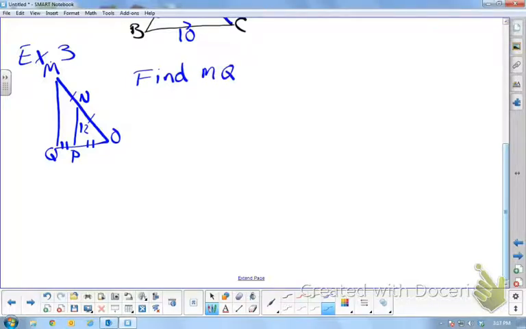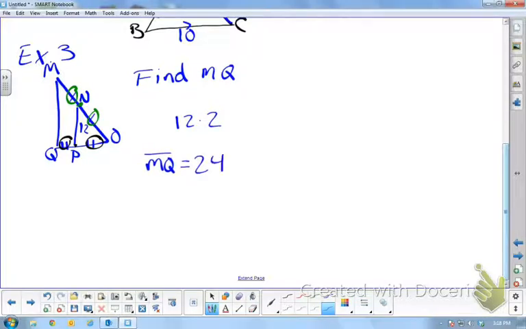Well, we know that NP is a mid-segment. Remember, that's the name for this line in the triangle. It's a mid-segment because they put these marks on either side showing those two sides are the same and these two sides are the same. So from M to N and N to O, those are congruent. So we know it's a mid-segment, and we know that parallel side is twice as big as the mid-segment, or the mid-segment is half as big as the parallel side. In other words, all we need to do is take that 12 and multiply by 2. So MQ